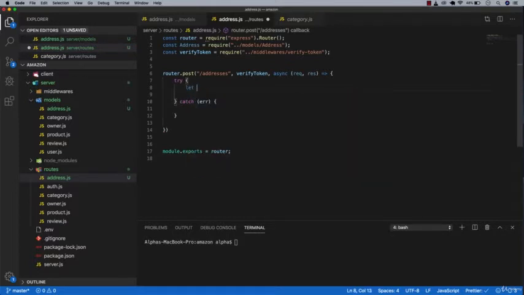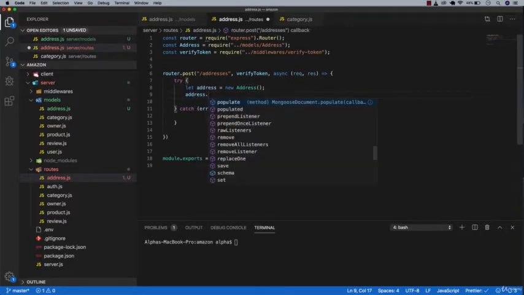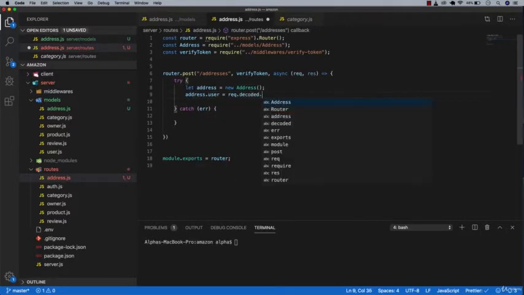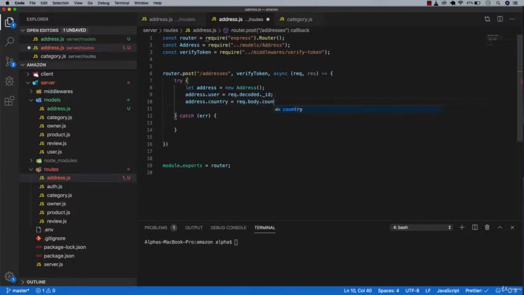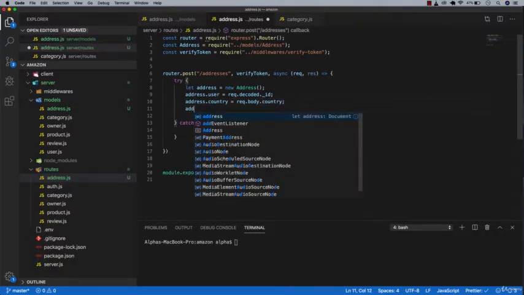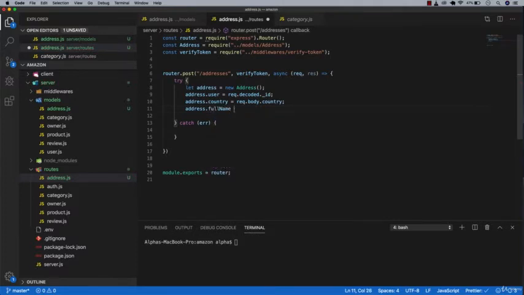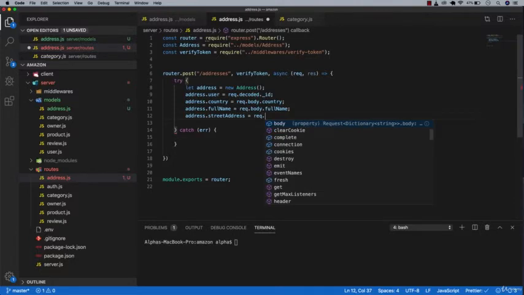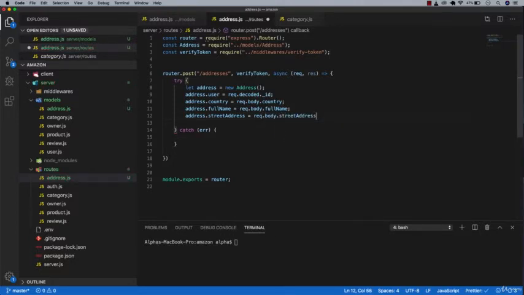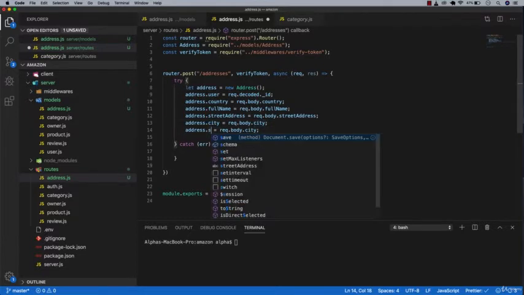And here will be let address equals new Address as usual, and then address.user equals request.decoded._id, and then address.country equals request.body.country, and then address.fullName equals request.body.fullName, address.streetAddress equals request.body.streetAddress, and then address.city equals request.body.city, and then copy this and change this to state,